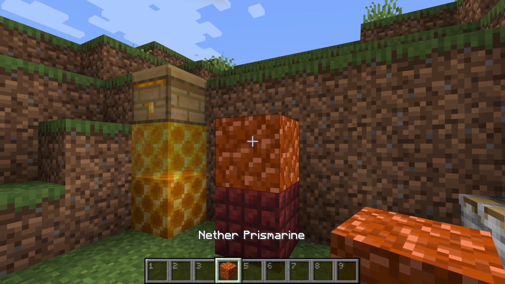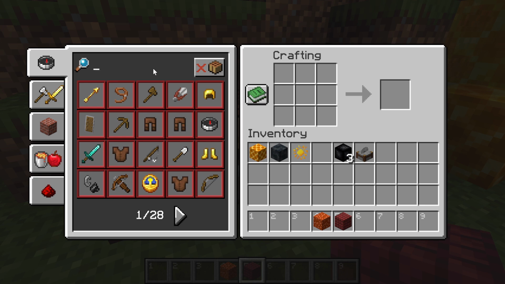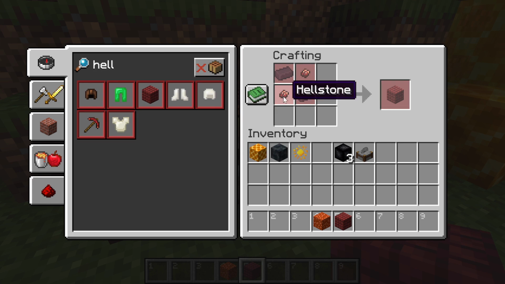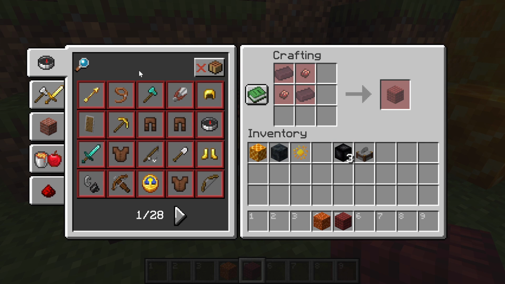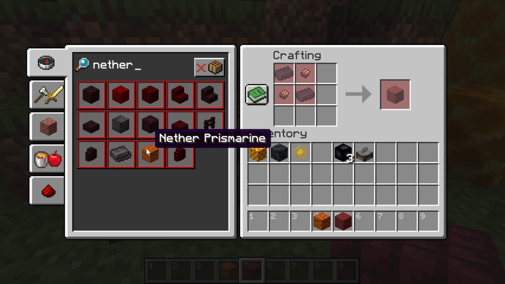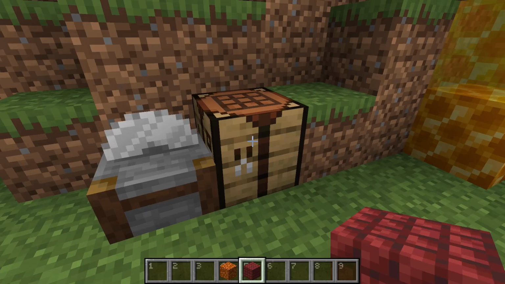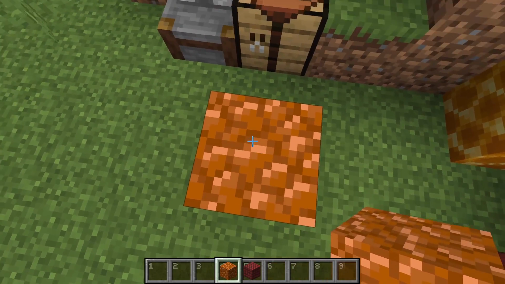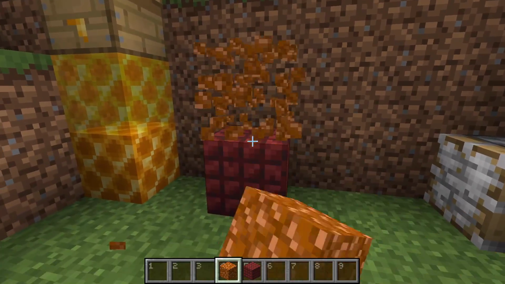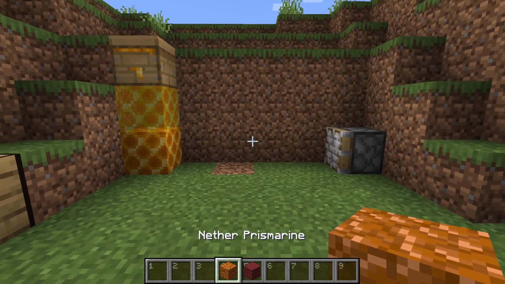So we have nether prismarine and hellstone bricks. Both are actually craftable, so if we look at the hellstone bricks, you can use the hellstone and the nether brick combination, and you will get yourself a nether brick. And the other one is the nether prismarine. It is just blaze powder with some hellstone. It doesn't hurt. There is a little bit of a light level. It does animate, so those are really cool. These are going to be found in a particular structure, and we're going to talk about that structure after the